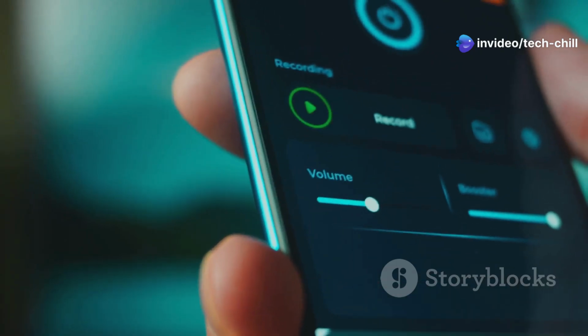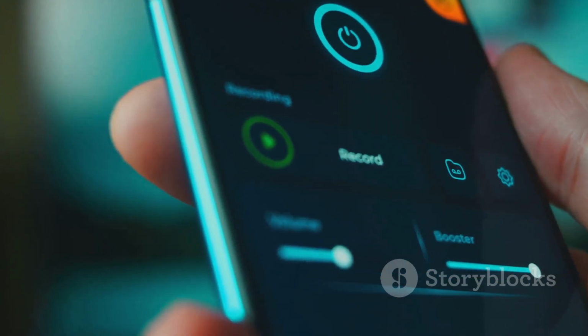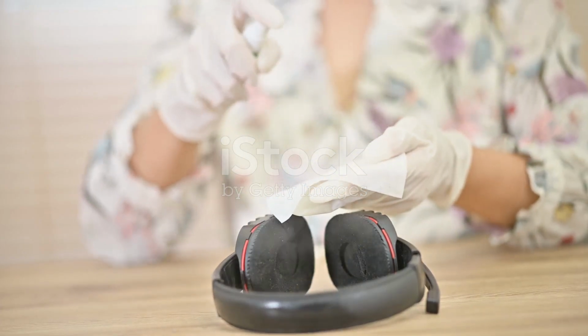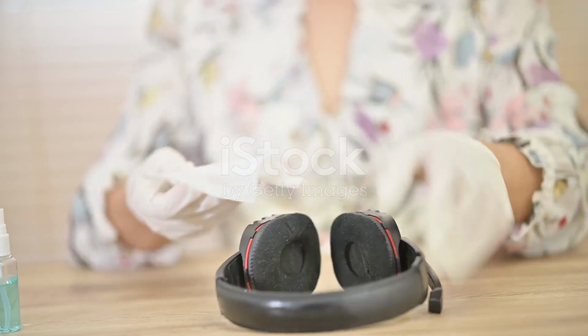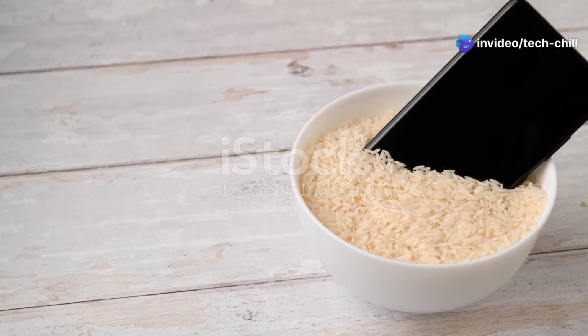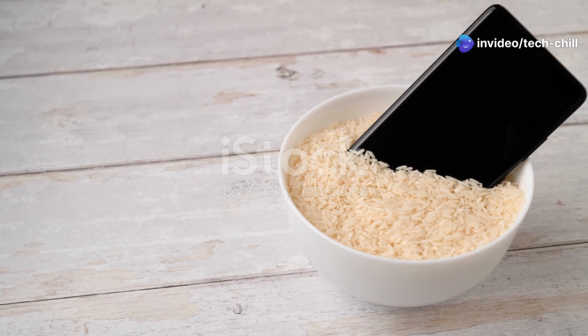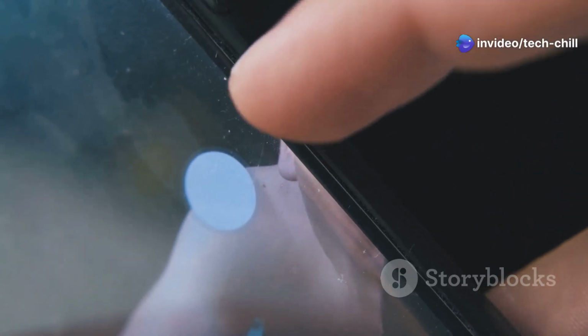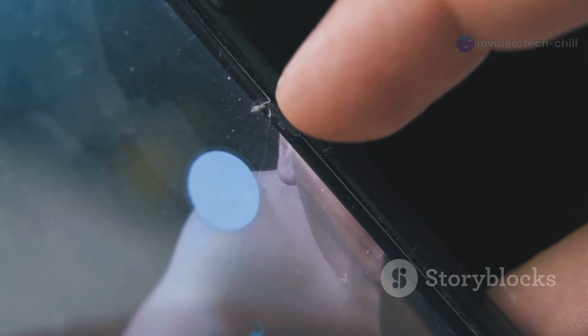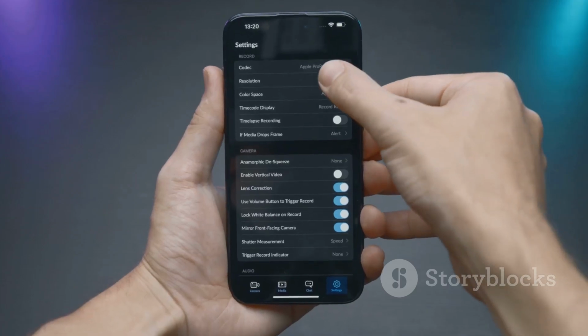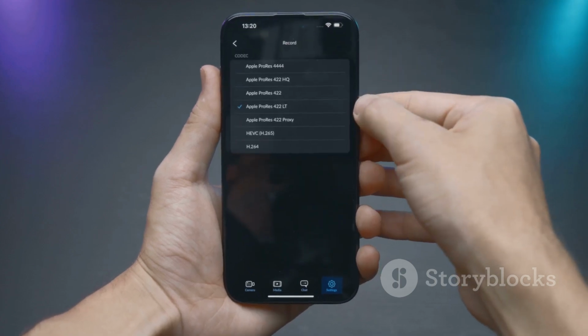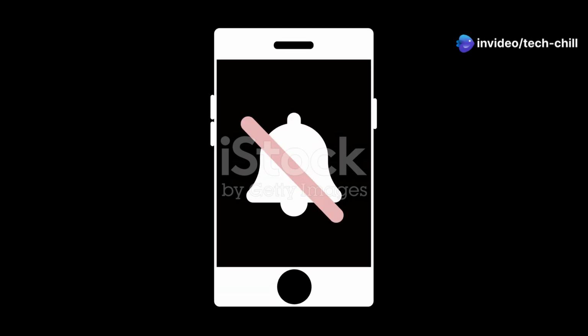1. Restart and check volume: basic troubleshooting. 2. Remove lint, dust: use soft brush, compressed air. 3. Dry device if water damage: rice or silica gel for 24-48 hours. 4. Run diagnostic tests: built-in or third-party apps. 5. Reset audio and network settings: clears corrupt settings. 6. Safe mode testing and app removal: